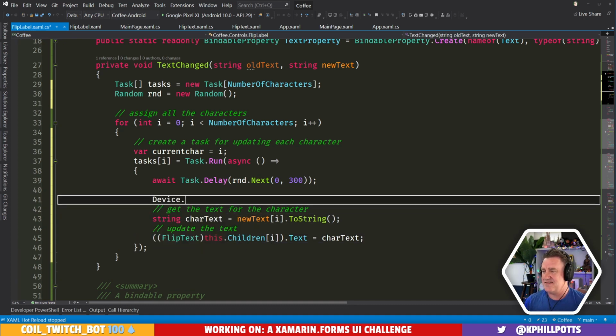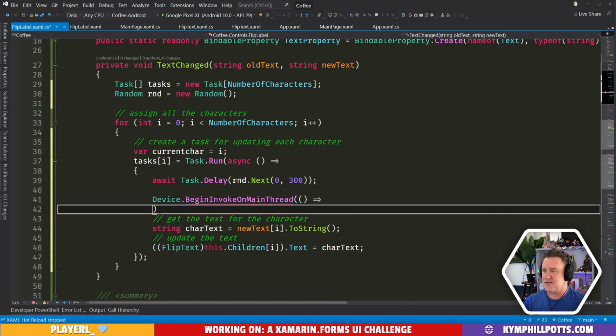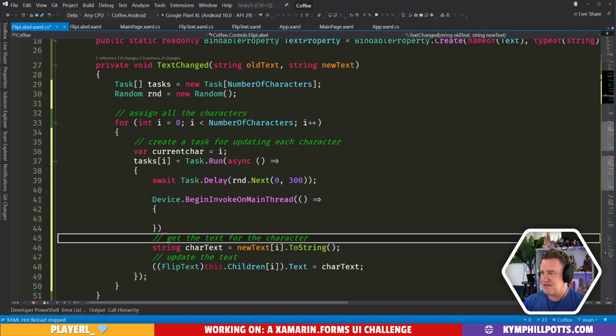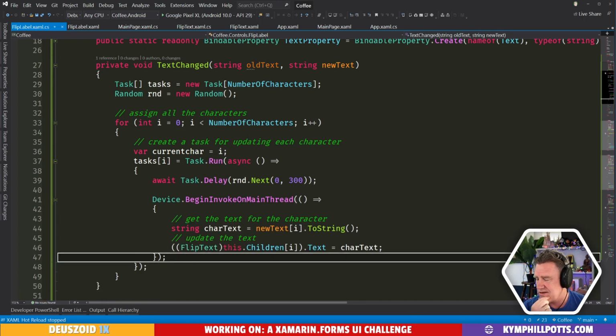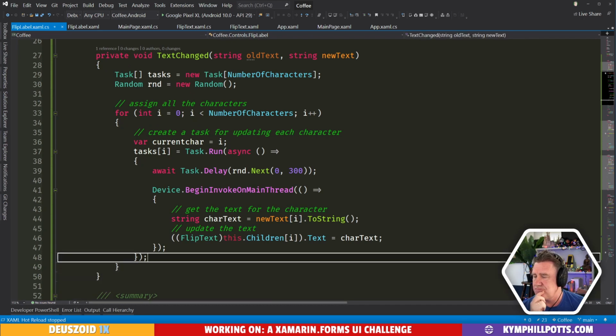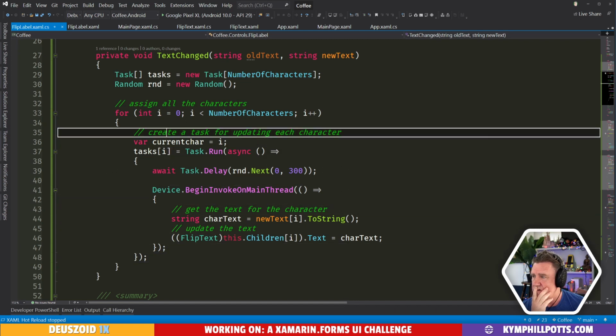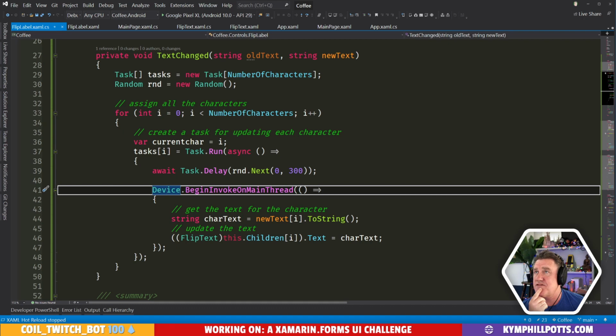I'm going to do this. All right, because we're going to be updating the UI and we're in a task, I better do something like this. Because if I don't, bad things are going to happen. All right. So we basically kick off a bunch of